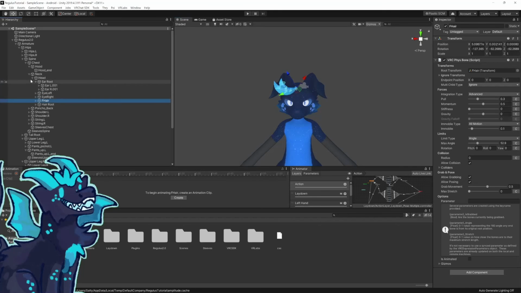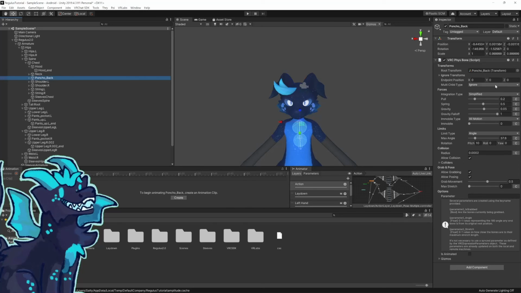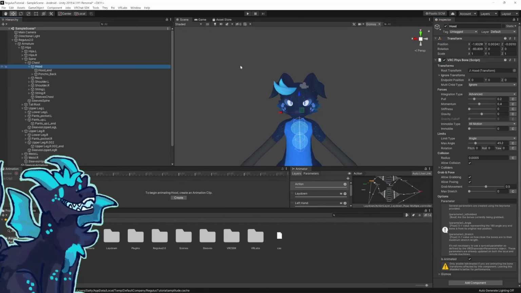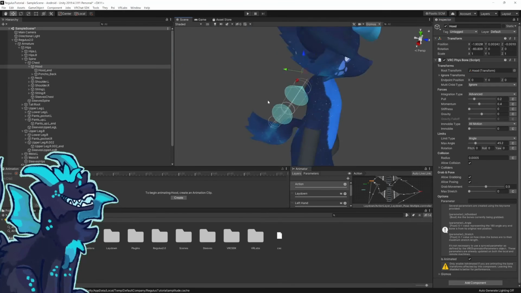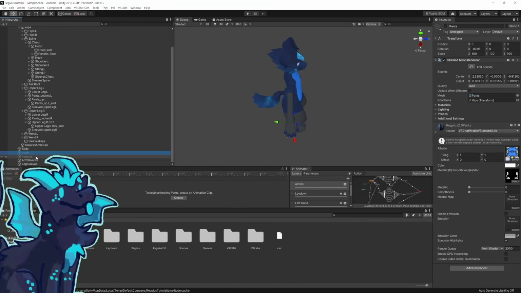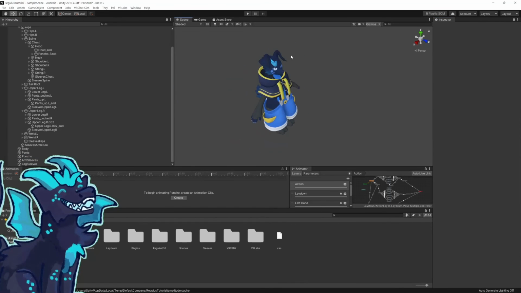And then the next thing we're going to do is go into the chest, and we're going to take the poncho back here, and we are going to drag and drop it into the hoodie. And then we're just going to remove the poncho back component, copy the VRC PhysBone on the hood component. Or, well, you don't really have to copy it, but just drag and drop the hood, and it's going to count as one long PhysBone. So, pants, poncho, and then we can hit play,